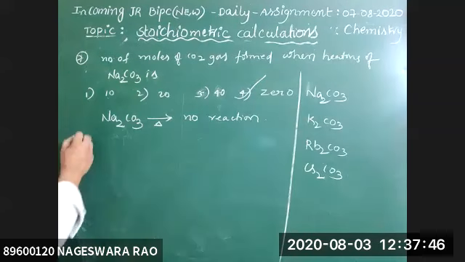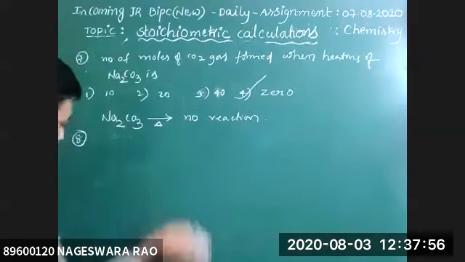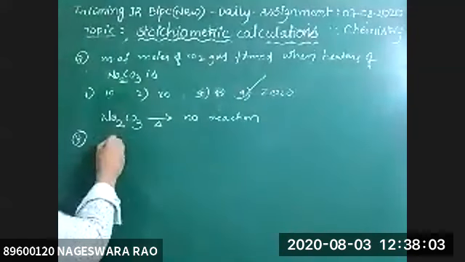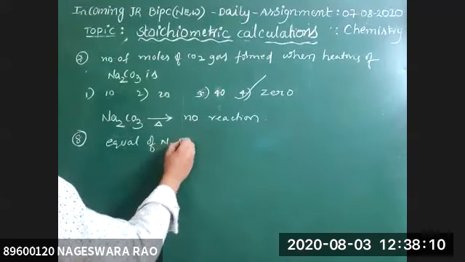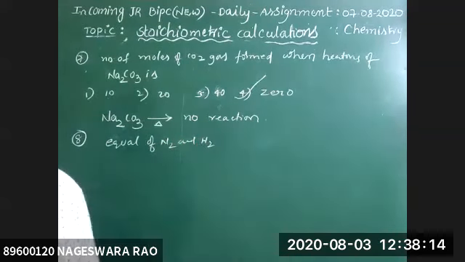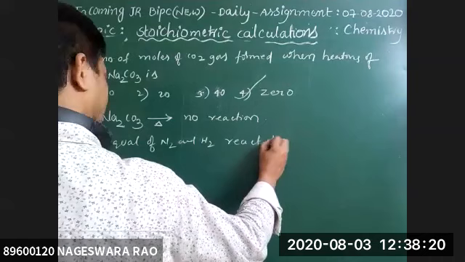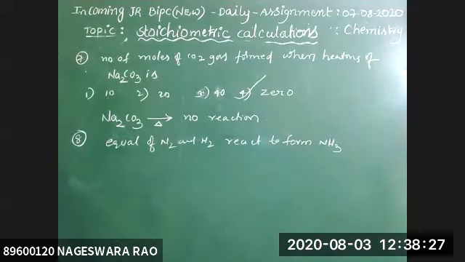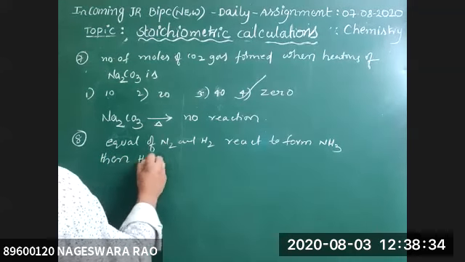Next, question number 8. Equal volumes of N2 and H2 react to form NH3, ammonia, under suitable conditions. Then the limiting reagent is